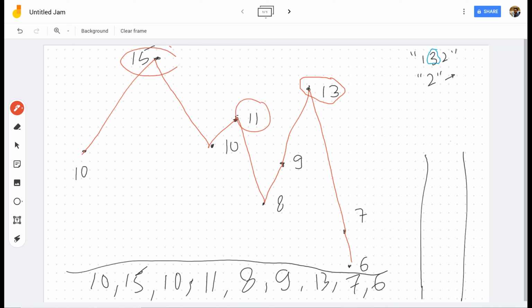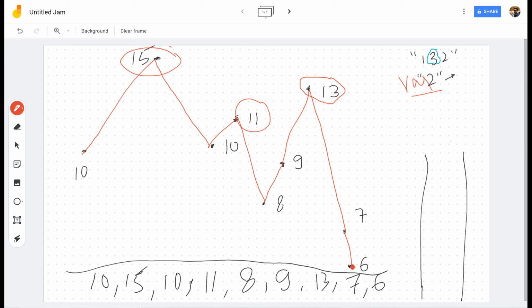Okay, so what I do is basically I'll iterate my array from right to left, and I'll keep a stack, and I'll also keep a variable called var2. So what my var2 will have is my potential 2 in my 132 pattern, and my stack will contain the potential 3s and the potential 2s of my 132 pattern. So let's jump into how we can solve it.